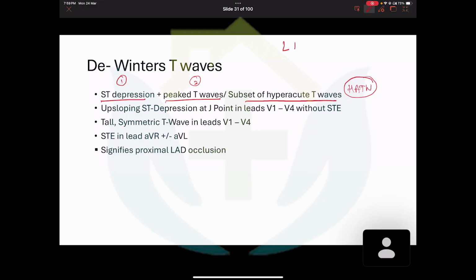I don't know whether you will get time or not, but there is a site, I think everybody knows, Life in the Fast Lane, like LITFL. There they have got an ECG section. Just Google it. There they have got these De Winter and the Wellens and all the different types of anterior, anterolateral, high lateral, anteroseptal, inferior, posterior, and these are about the AMI and different types of ECGs. Just go through 10-15 ECGs a day till your exam comes. You will be brilliant in the ECG.